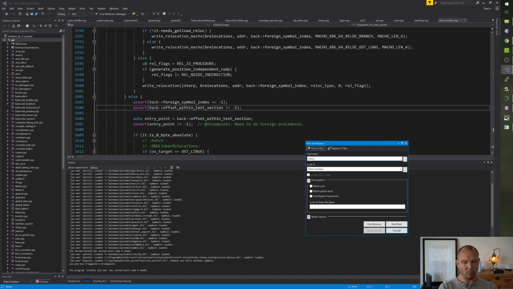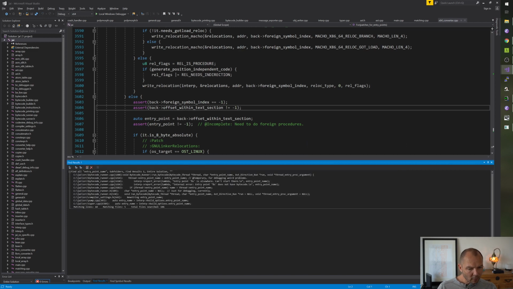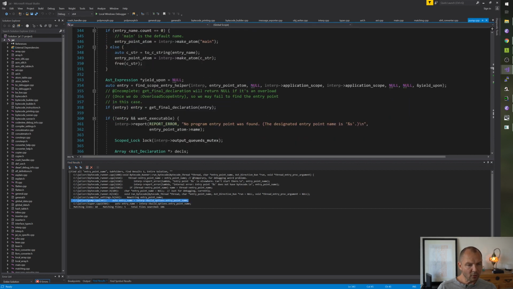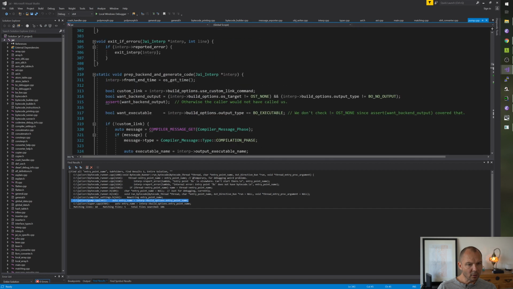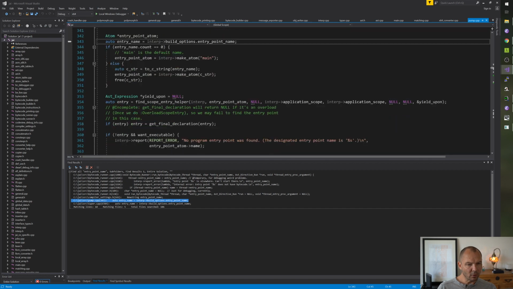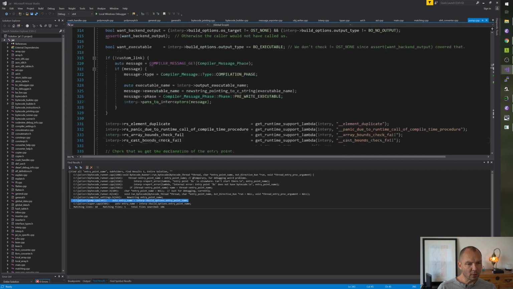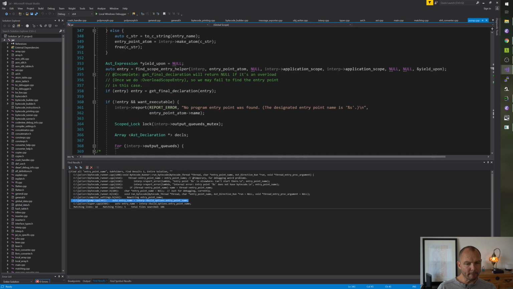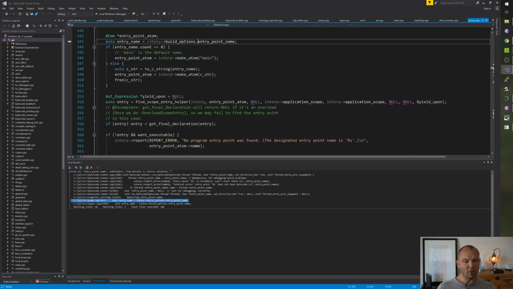So if I say entry point name and search for this, there's going to be a place where we check this. Prep backend and generate code. Is it here? See, it is though, because we don't say this.